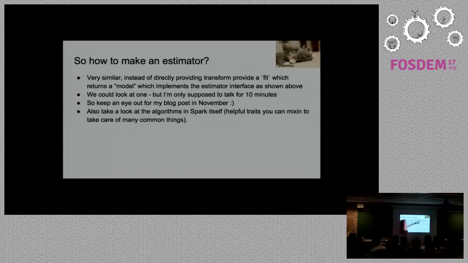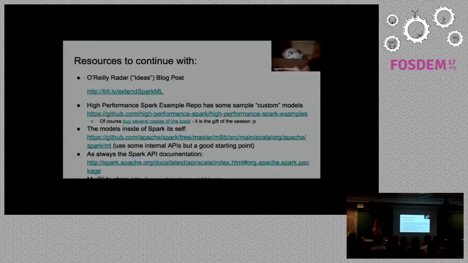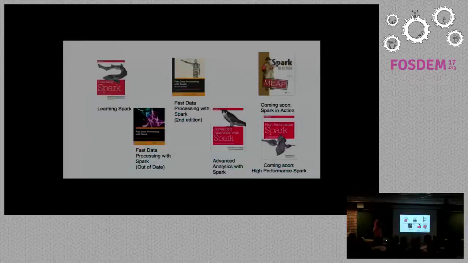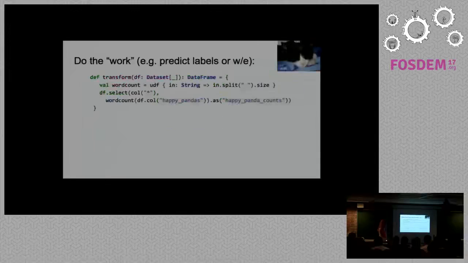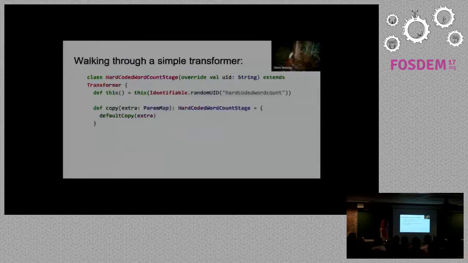Yeah, this says November. Oh, that actually is old. But let's look at a really simple estimator. No, oh, this is an old version of the slides. Damn it. Okay, well, I don't have the code for the estimator, but it's a fit function, which is just going to return our transformer. Yay! So pretend that there's a fit function, and it's going to construct a new hard-coded word count stage, or whatever